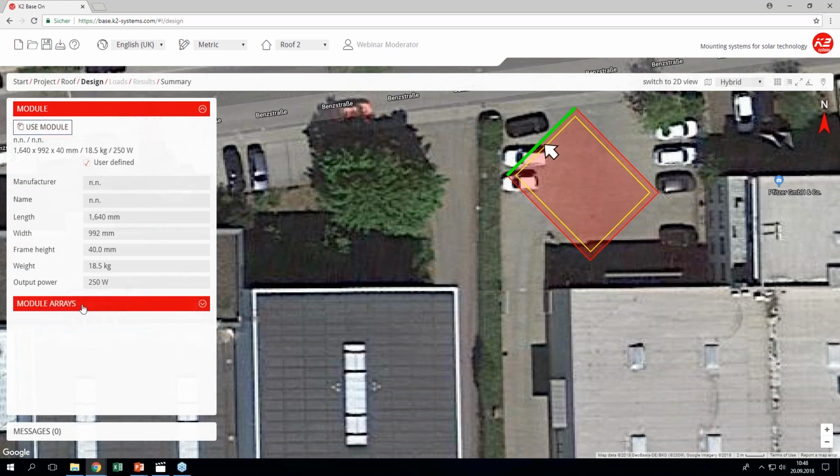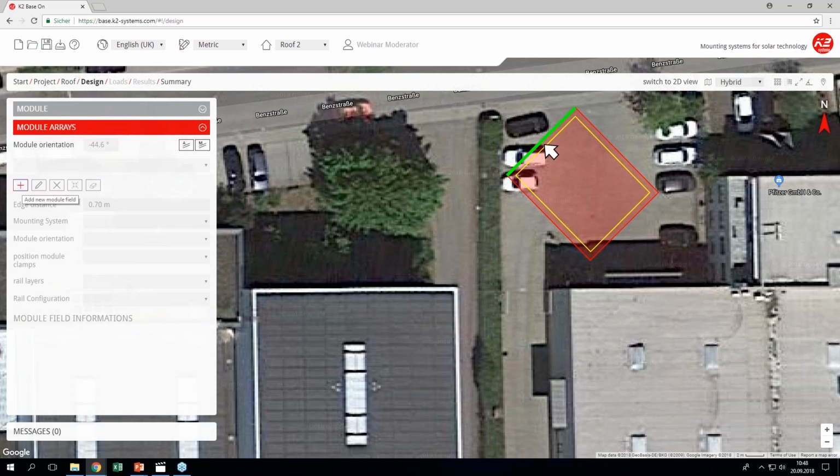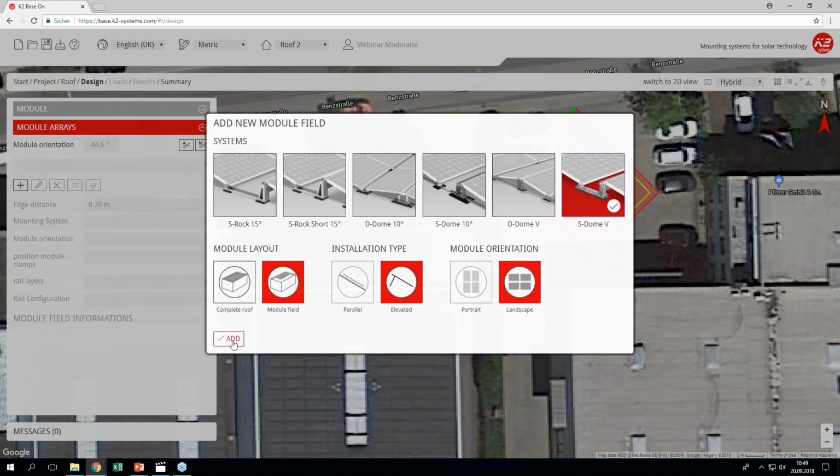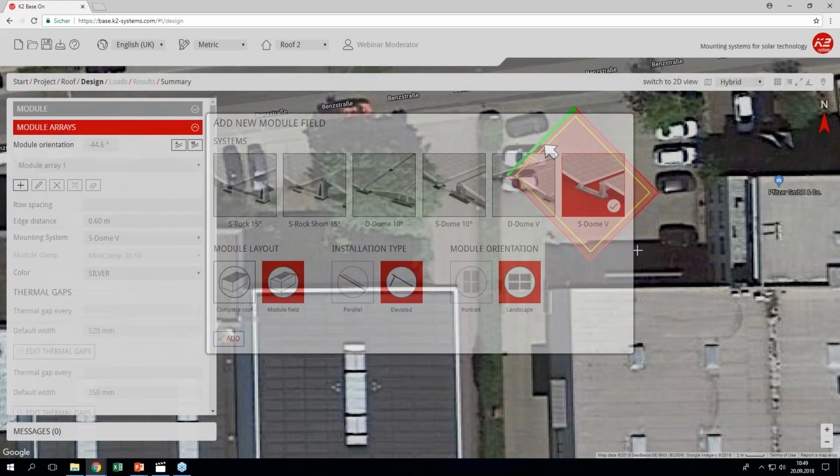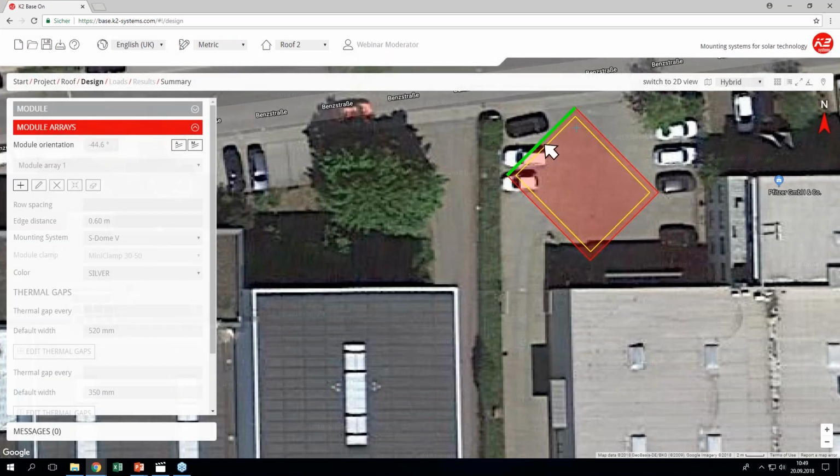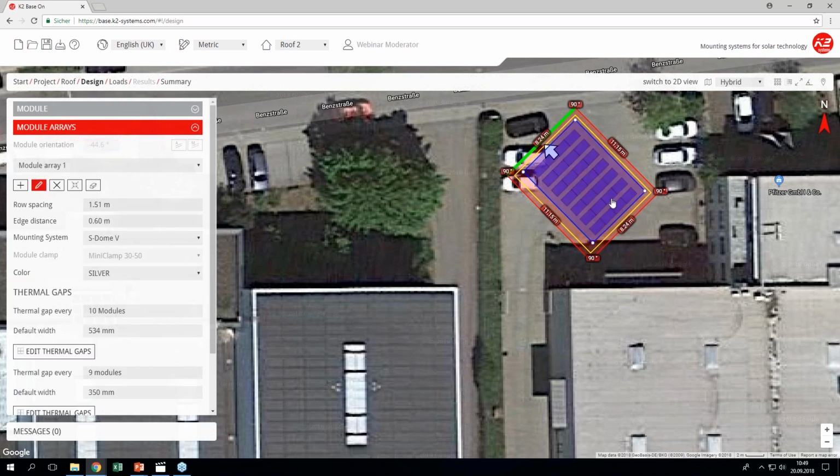I go to module, arrays, I add a new module field. This time I use S-dome. If I go on add, now I see the green line, and this shows me that my modules will be faced to southeast now, and I can alter the orientation